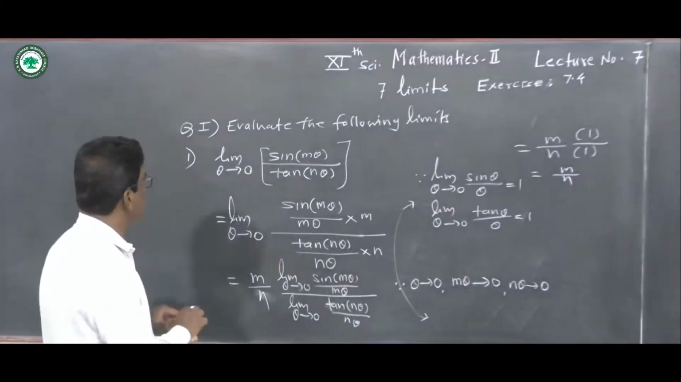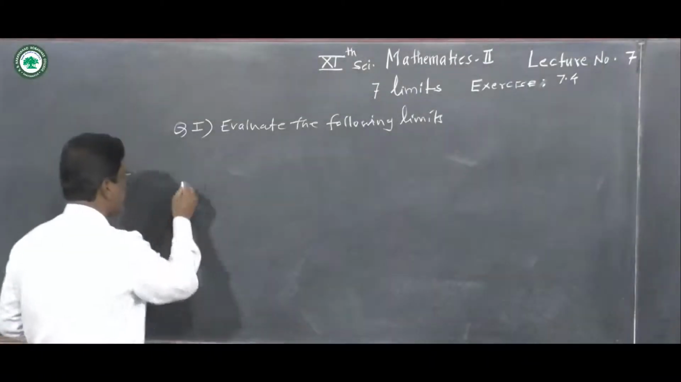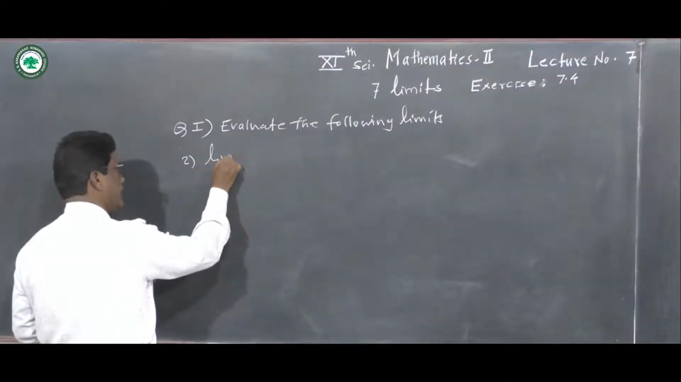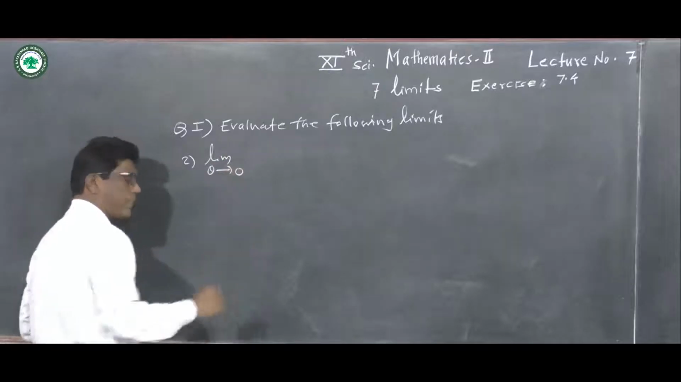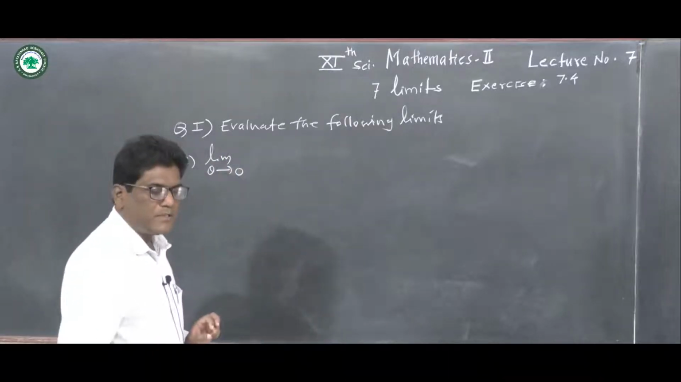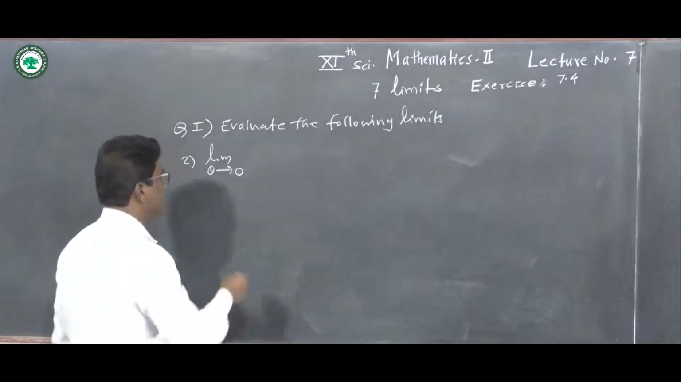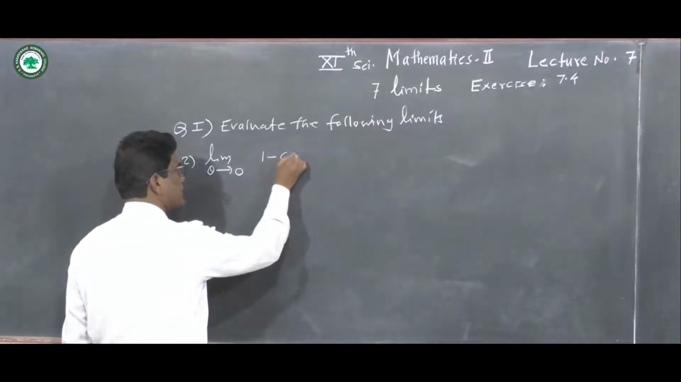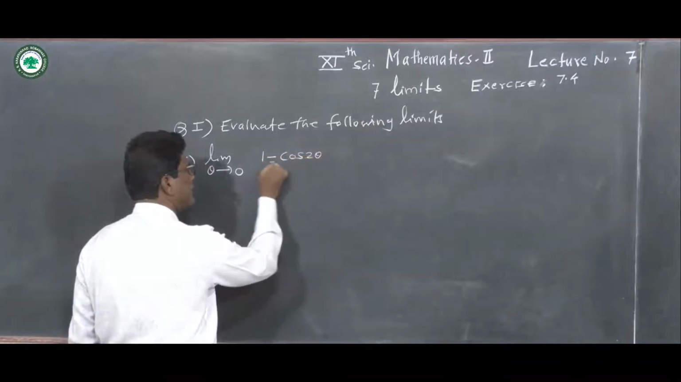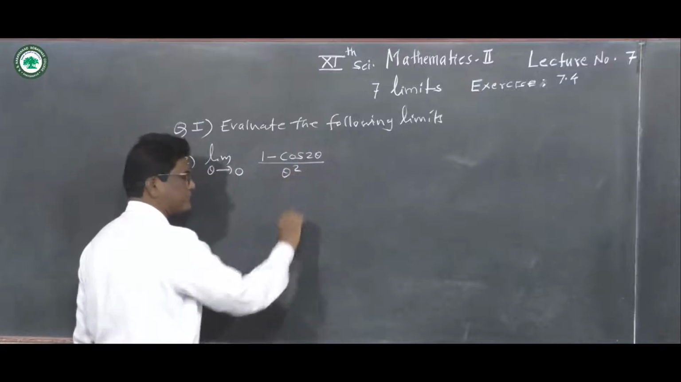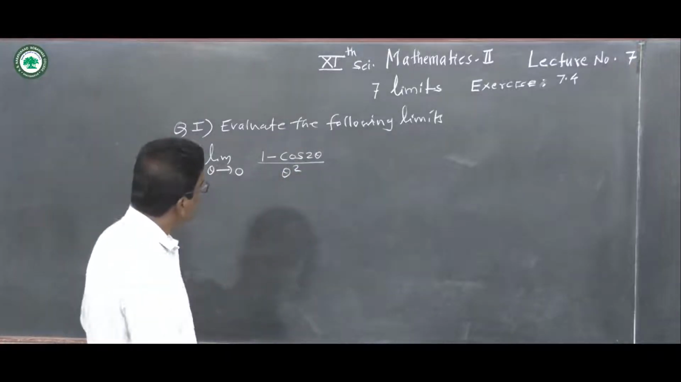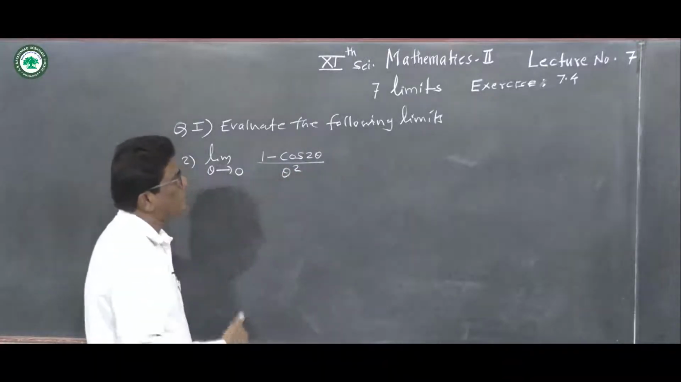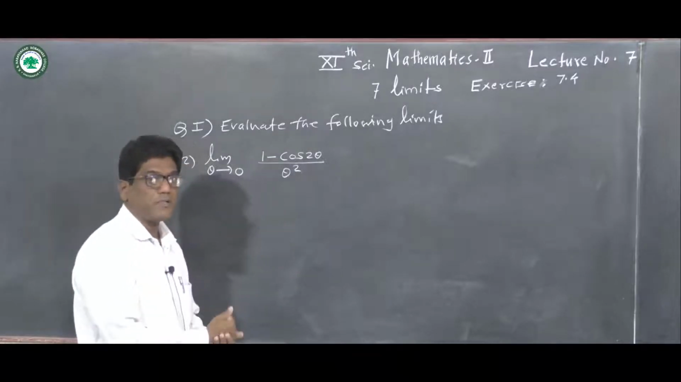Second problem: limit theta tends to 0 of 1 minus cos 2 theta upon theta square. This is the problem. Now since these problems depend upon trigonometric functions, we have to use formulae